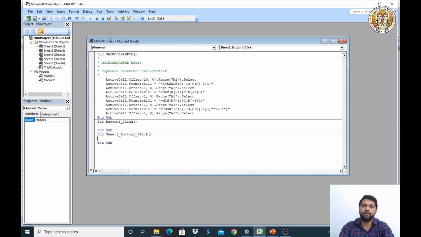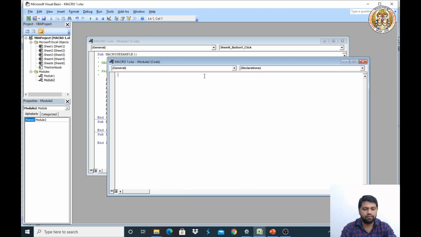First I will try the function. This one I'll take: Function Total, equals, call the function name, Total equals 10 plus 20.